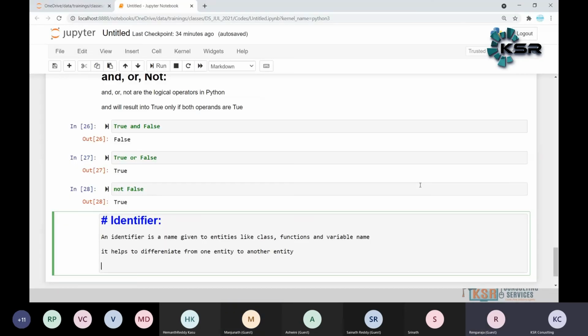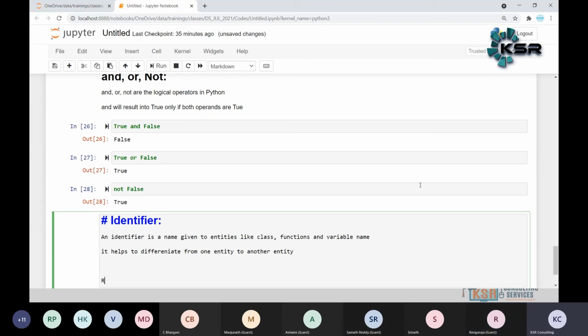Now it shows participants, now the Jupyter notebook. How many of you are able to see the Jupyter notebook?